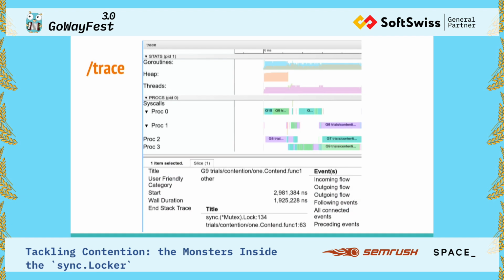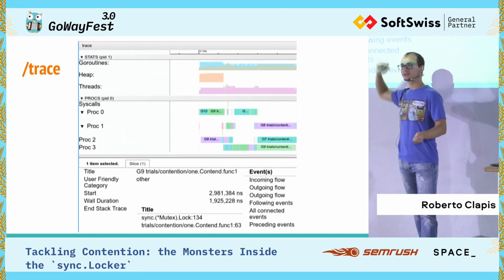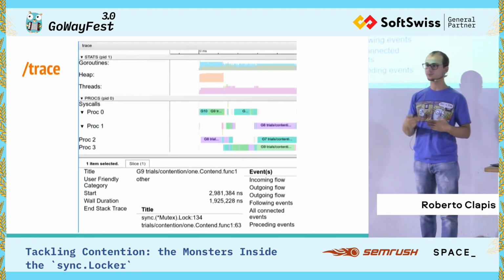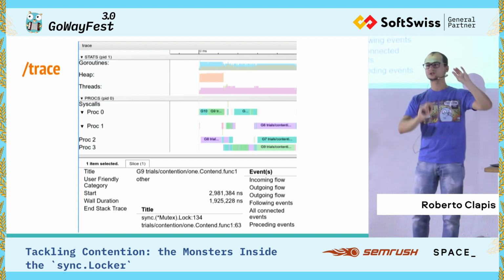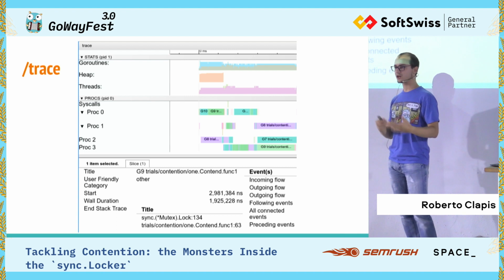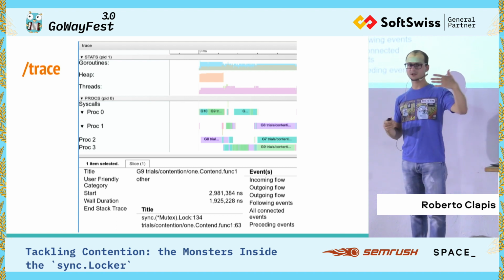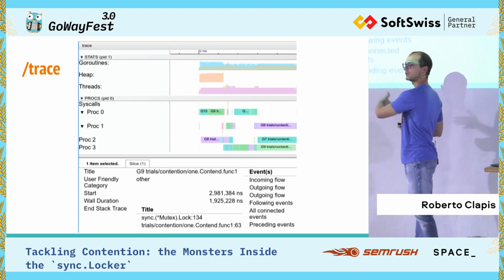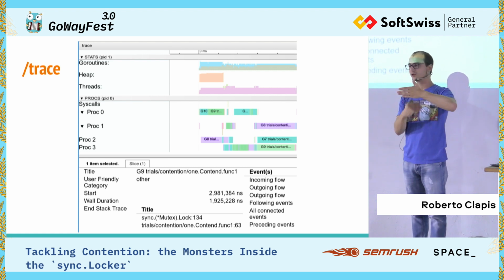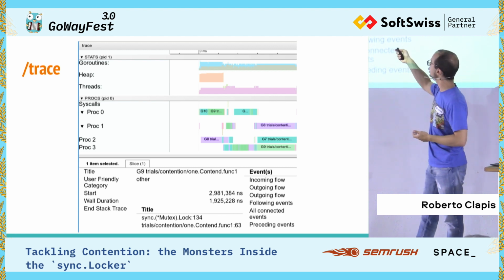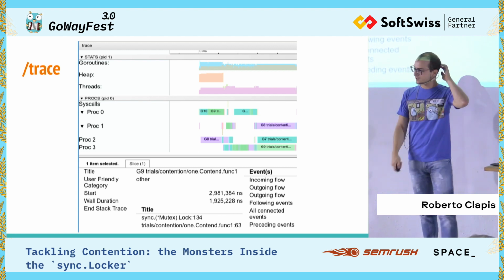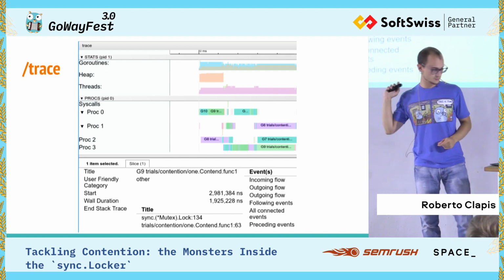This is the trace tool inside trace, because we don't like to repeat ourselves. And in this section, you can see what you were doing or not doing. For example, at this point, this proc was doing nothing. This is useful in some cases, not for contention, but it can help you understand, for example, where you're serializing execution. Sometimes when you use a channel, especially an unbuffered channel, it happens that all your routines will actually hop between different processors, but they're never going to execute at the same time. So trace gives you this information, but it's not very easy to find out that you're spending time on mutexes. So keep this in mind, but not for this case.